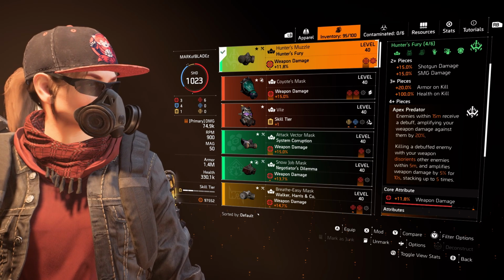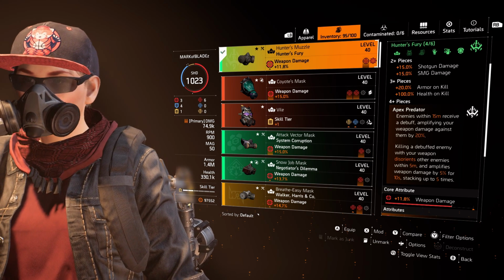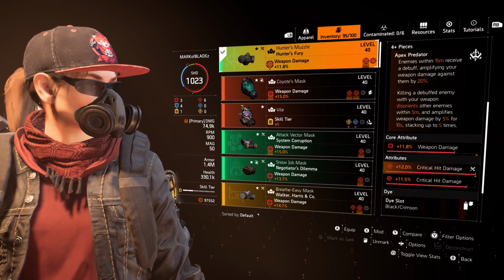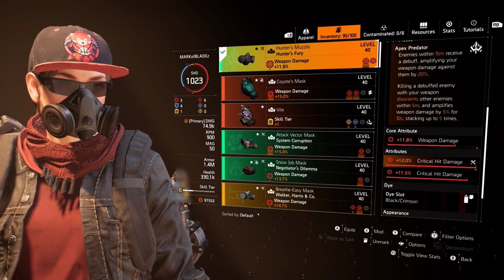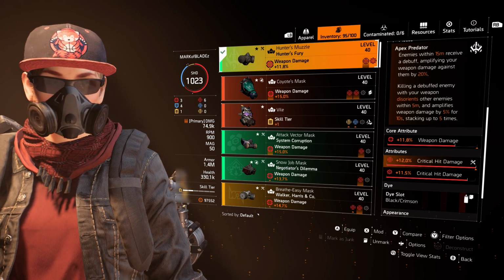I absolutely love this talent. Being able to put a status effect to stun them so you could just mow through them only adds to your survivability. So looking at the attributes, we have 11.8% weapon damage, 12% critical hit damage, and 11.5% critical hit damage via